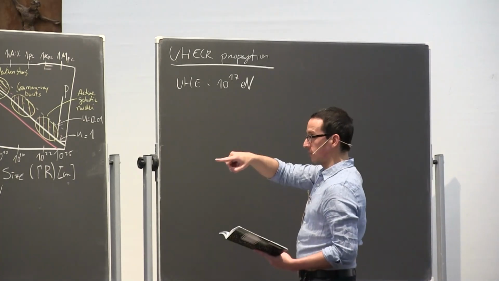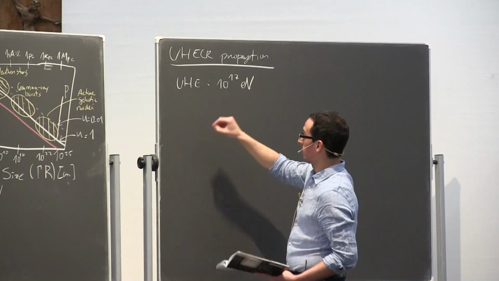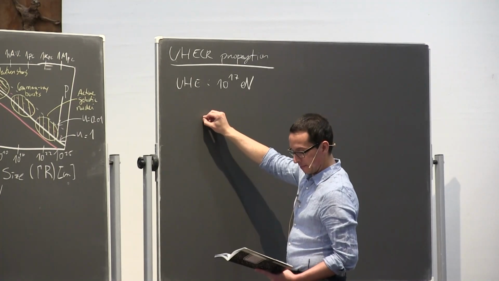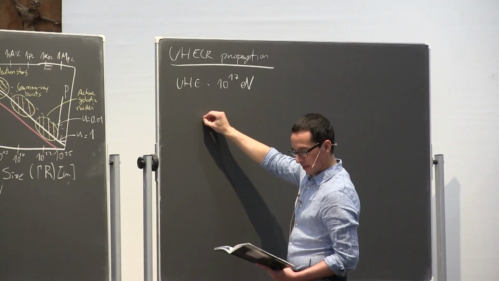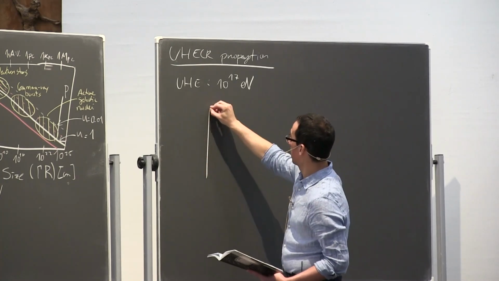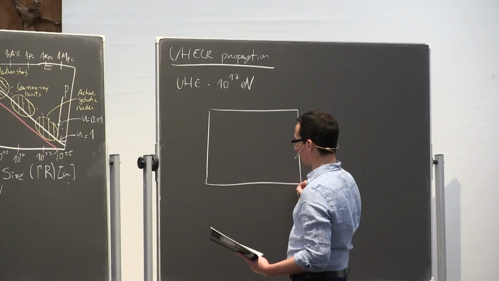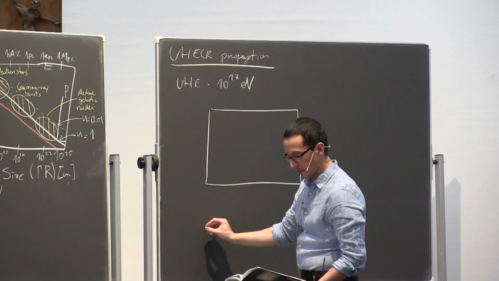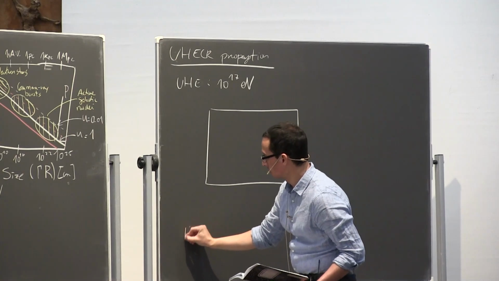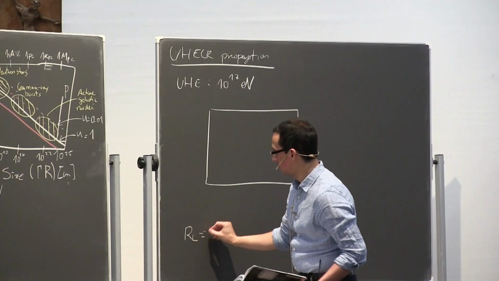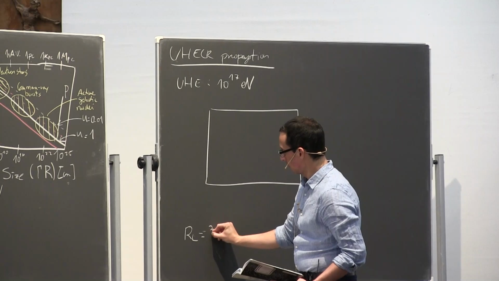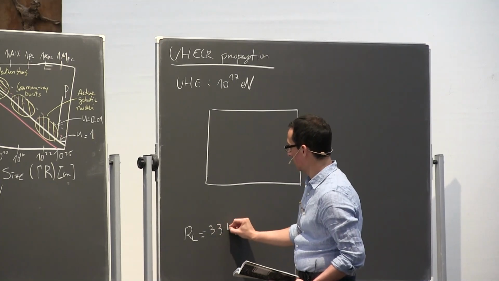So if we use that Hillas criterion over there, let me write it in this way. I'm going to use now not Emax, but rather the definition of the Larmor radius, which I'm going to put some numbers on. It's like 33 kilometers,